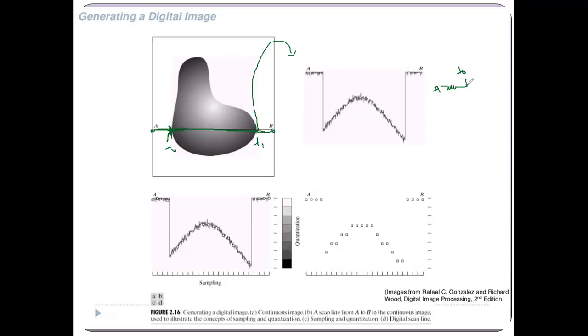If you plot this based on the intensity, the graph will be like this. Again from this point P1 to B, it is a noisy image or white color, so it represents a straight line. That means this is an analog signal representation of the line A to B for the given image.